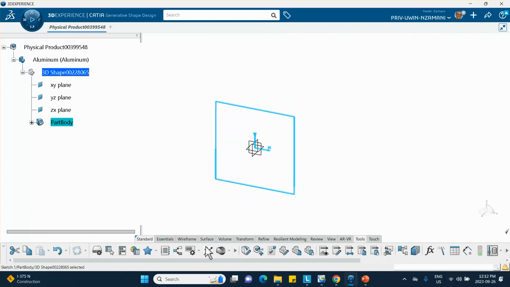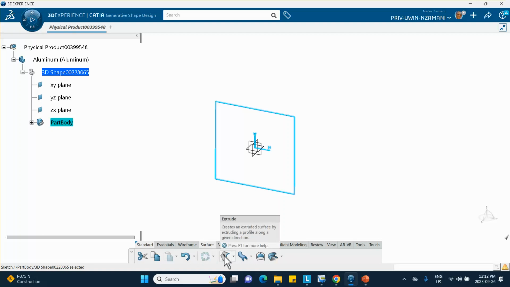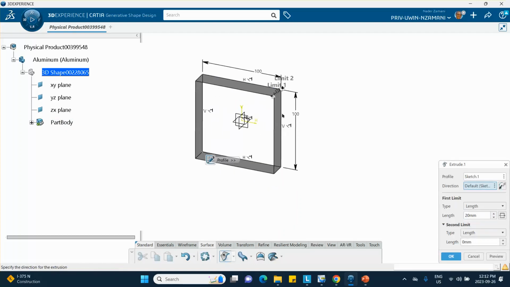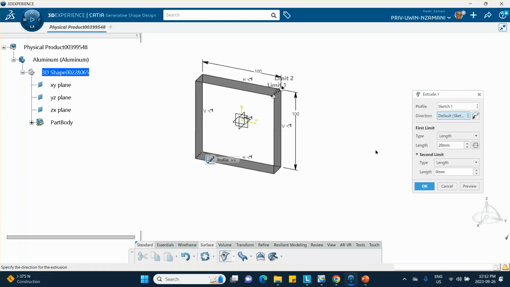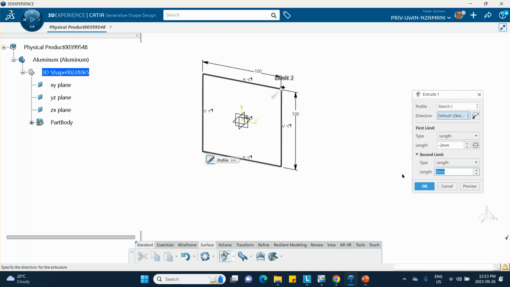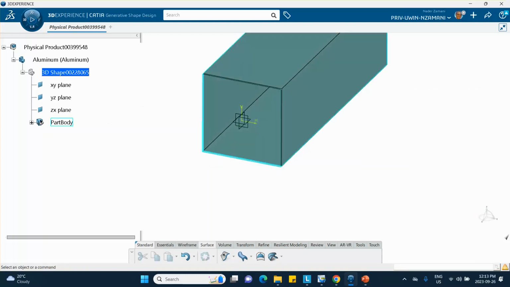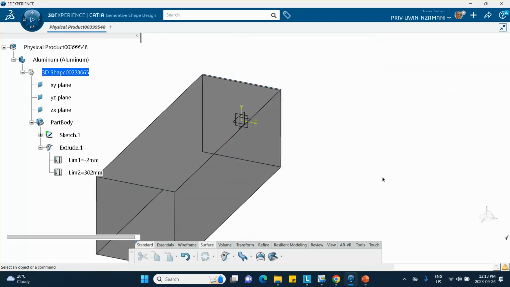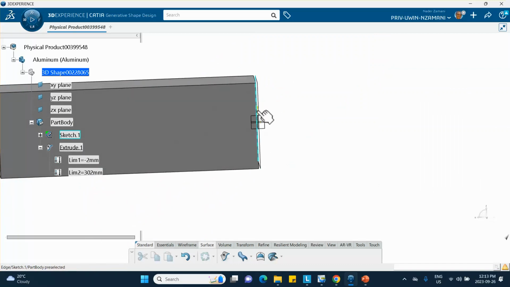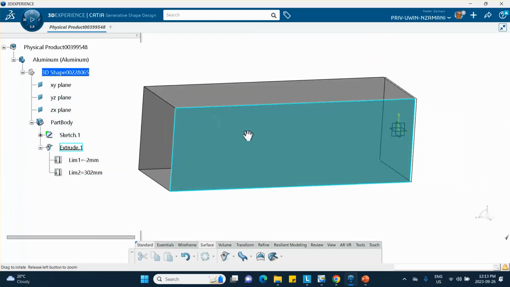So select the surface tab. Here's the extrude, and because I want to keep a 2 millimeter gap between the back plate and the X, what is that? I think it's the YZ plane. So I'm going to extrude from -2 to 302. That'll give you a total length of 300 millimeter. The direction is wrong, of course, so let me flip the direction. And this is starting 2 millimeters away from the YZ plane, and it goes 302 millimeters, so it's exactly the